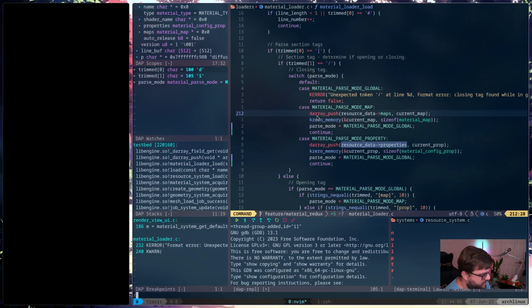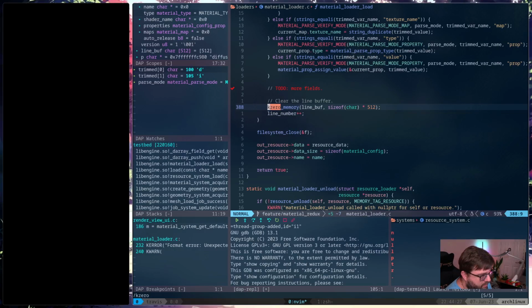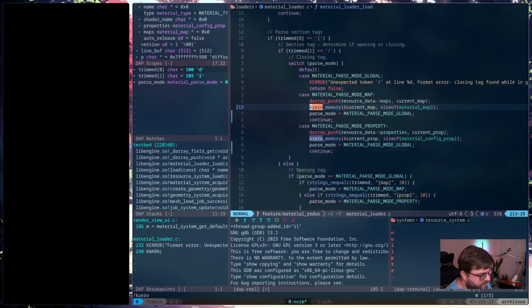Let me verify that. We only have 5 of them in the whole file. So we have the raw variable name and the raw value. Other than that, it's the line buffer that gets cleared out. And that's the only things in the entire file that we actually zero out.